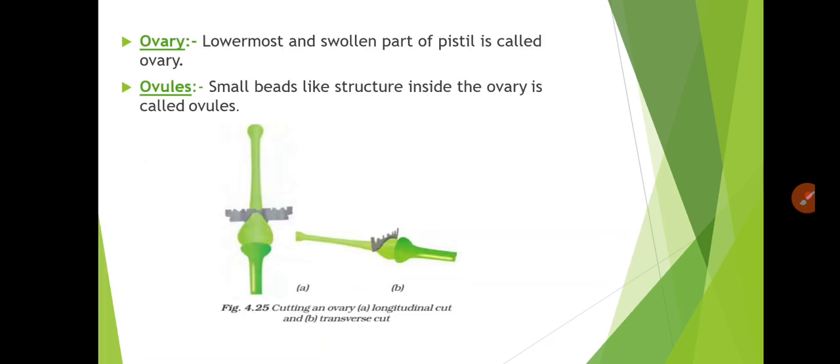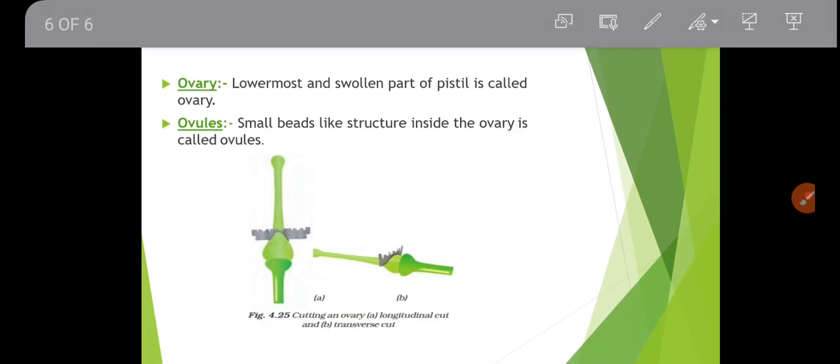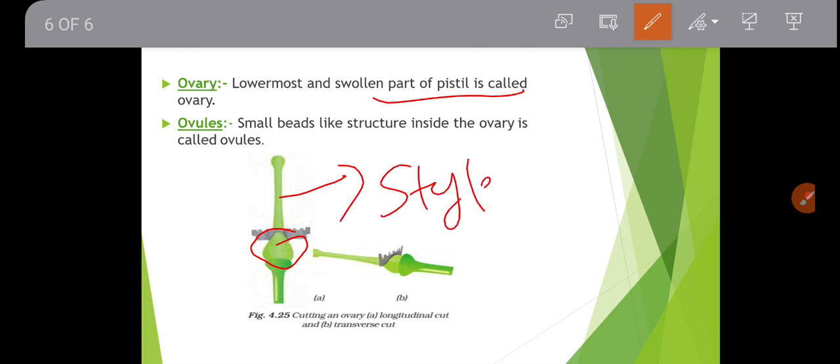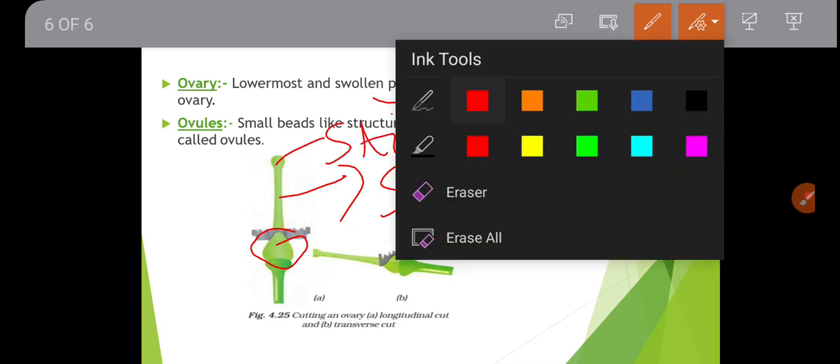Now ovary, the lowermost and swollen part of pistil, is known as ovary. This one is ovary. This one what? Style. This one what? Stigma. Okay,